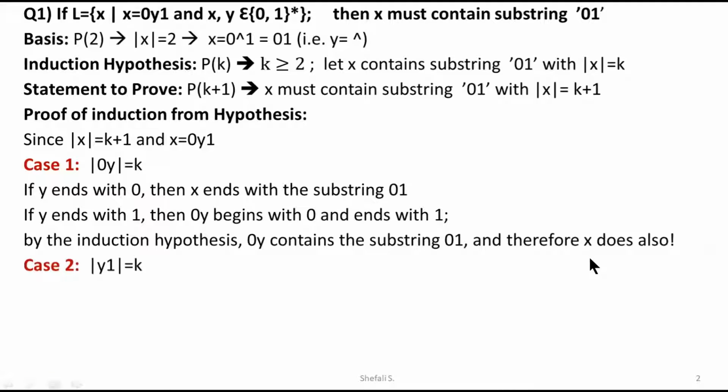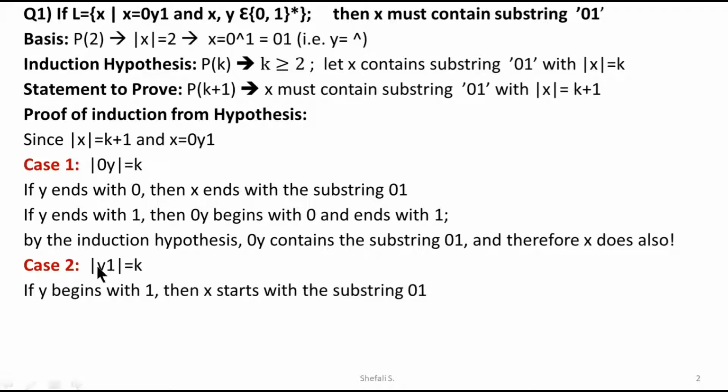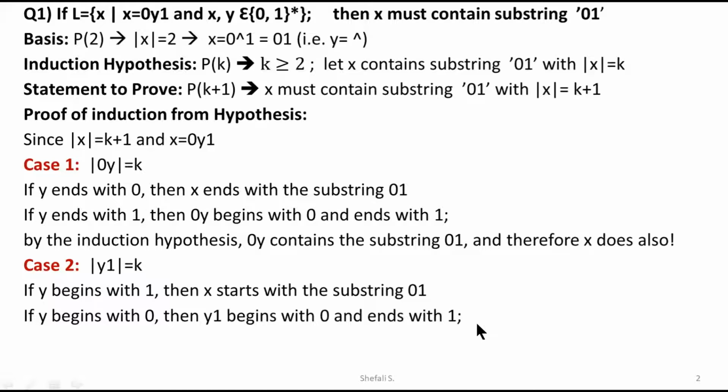As discussed earlier, I would like to go for the second case. So instead of 0, y1, I would like to omit the first 0 and then I'll go for y1 as the remaining part and let the string be of size k, because 0, y1 what we have considered is of size k plus 1. Now omitting 0, with the remaining y1 string we'll have a string of size k here. In that case, my y either may start with 1 or may start with 0. Both the cases are there.